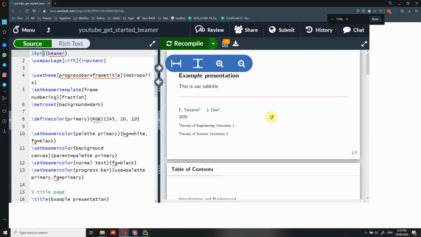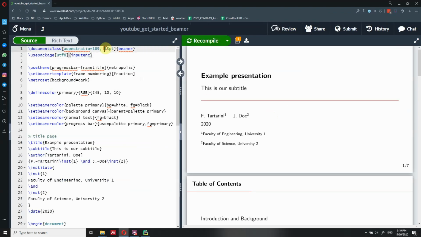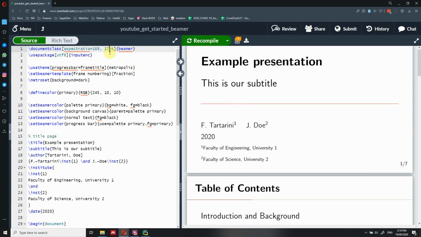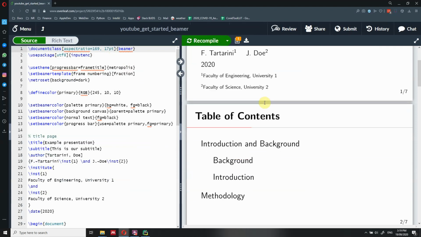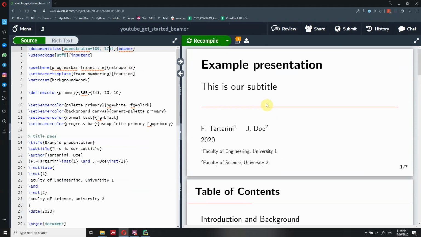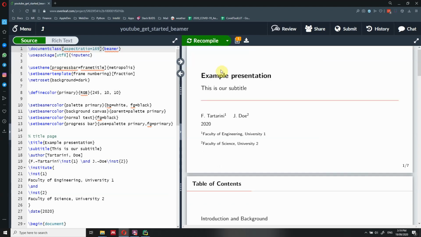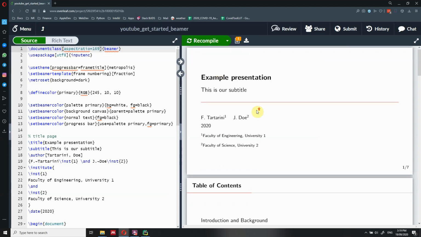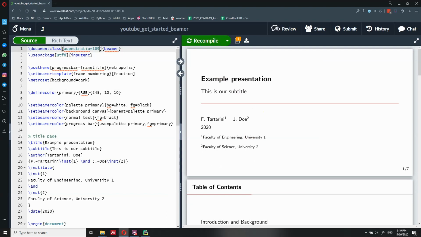Okay, sorry, I'm just having a little bit of an issue. Okay, apparently you couldn't put 18, you just have to put 17. I personally think it looks a little bit too big, but I just wanted to show you how to change the font size. So let's revert it back to the default one, which I believe is 12 point, and recompile the file. I think it looks much better like this. And so let's get started.